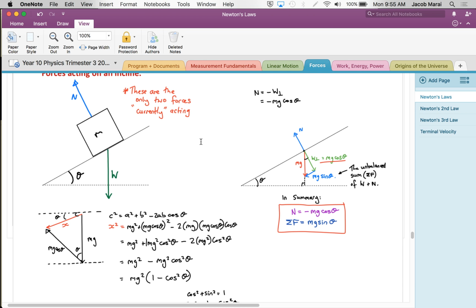So just be careful. I like to trick my Year 11s and 12s by asking them to draw all of the forces acting on the object. And a common mistake that they make is that they draw in and write mg sin theta. That is not acting. That is not a force. It's the vector sum of the other two. So that's the correct answer. Those are the only two forces that are acting. However, if I draw in the weight force, there's our weight, there's our normal, that is the unbalanced force, and that has a magnitude of mg sin theta,